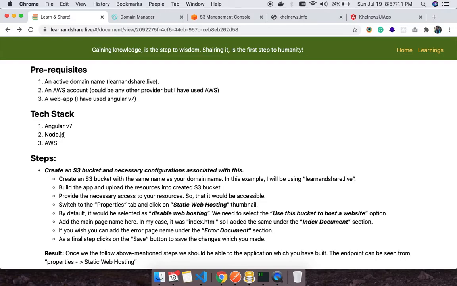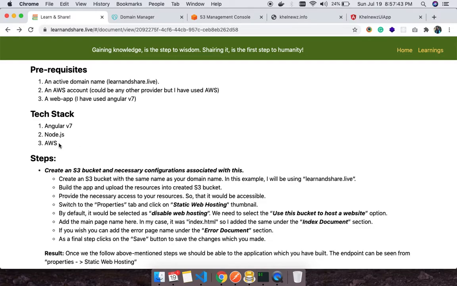In that case, let's say there is an API involved where you are saving some data, and you are providing an option to delete some record through your web interface. Then you may use whatever backend language you want, right? For learn-and-share.live I have used Node.js. That's the reason I have mentioned Node.js here, but again it's up to you whatever backend language you want to prefer.